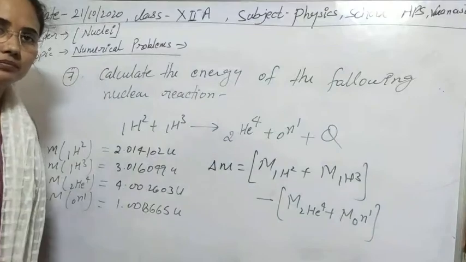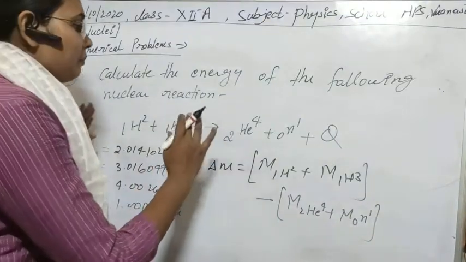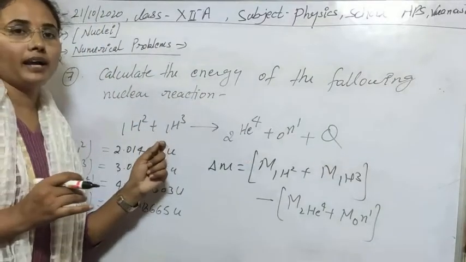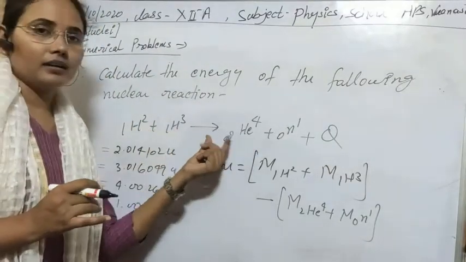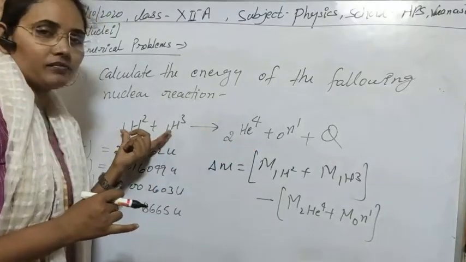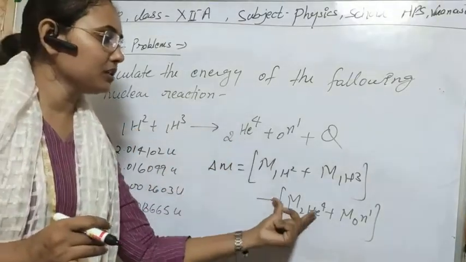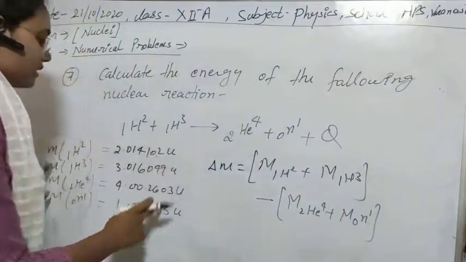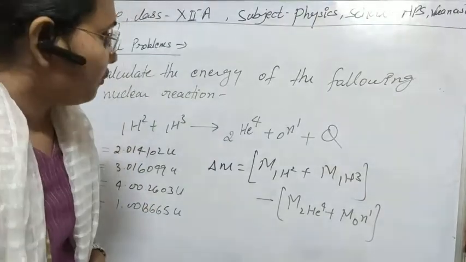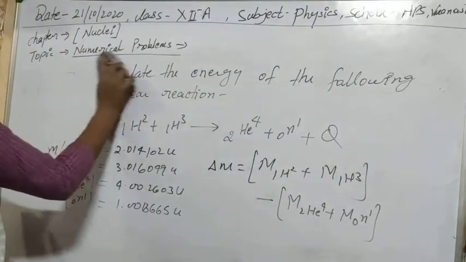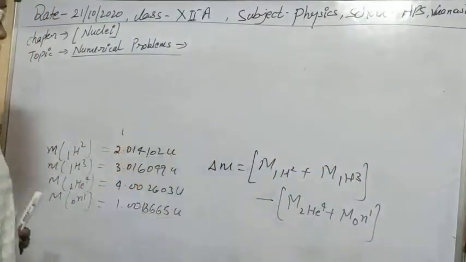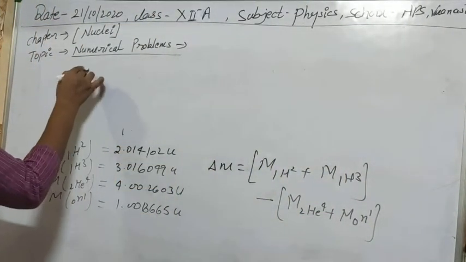Clear? Simple. The amount of mass that will appear in the form of energy is the mass defect in this process. So the mass on the reactant side will be greater in comparison to the product side, and we can calculate it by using this data. So after putting in the values, what will we get? Let's arrange these things. First, what will be the value of delta M?